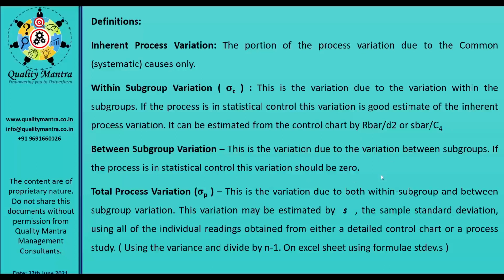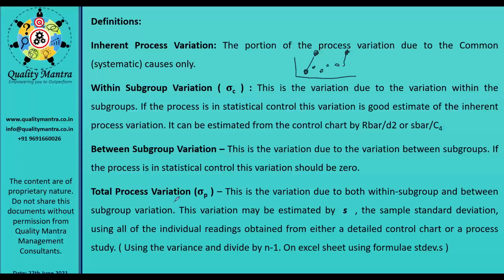So why should there be a variation from one subgroup to another subgroup? It should be near to 0. It cannot be exactly 0, but it should not be too much of a variation because there are no assignable causes present. So if your process is moving like this, where the variation of one subgroup is here, another subgroup cannot be this. This is too much of a variation. It should be nearer, because unless there is any special cause present, this variation should not go very high.